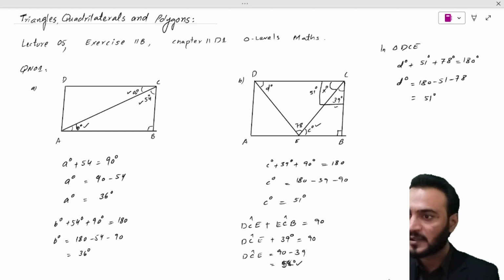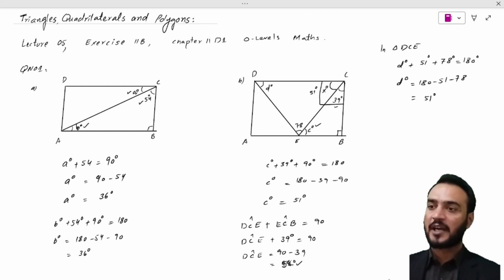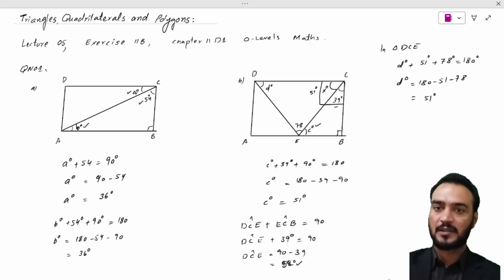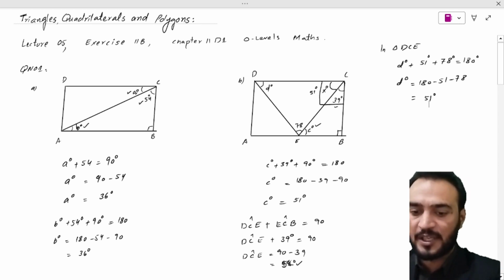51 degrees. So hence the answer of this question. Now let us solve the question number 2. And the question number 2 is